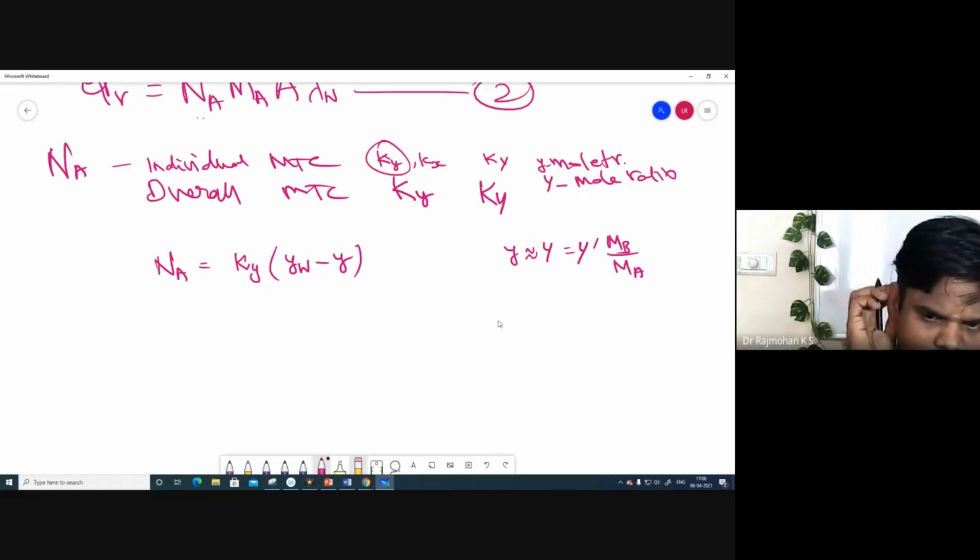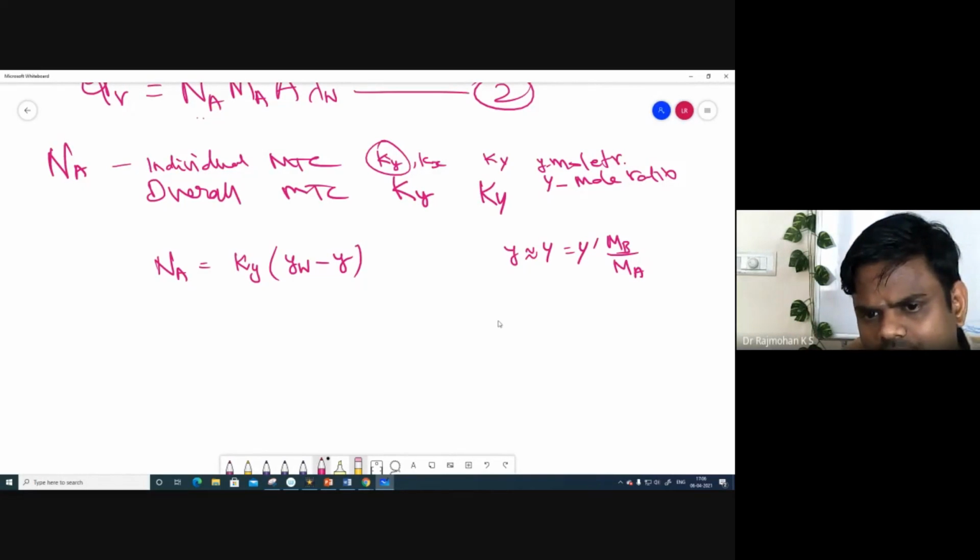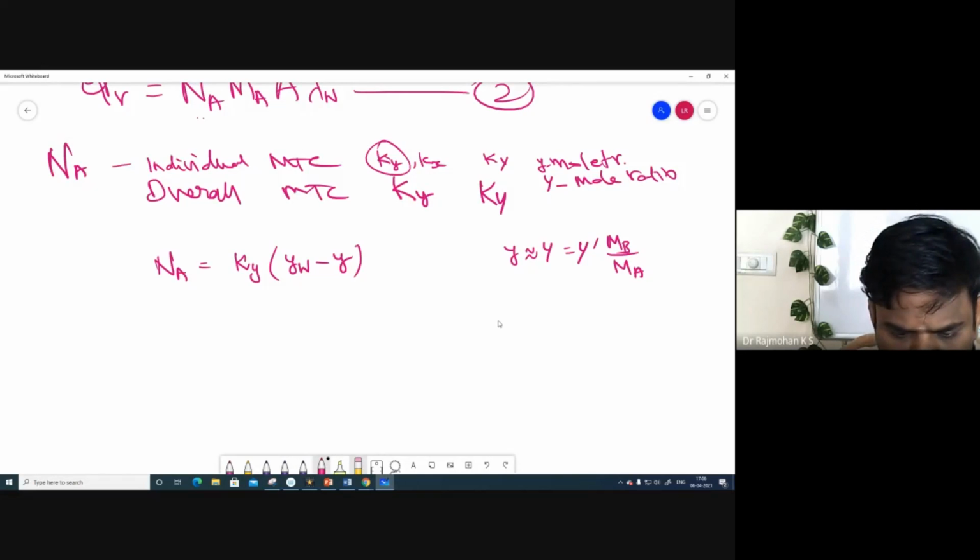That is, one is in terms of moles, another one is in terms of mole ratio. Now, this is the expression for Na. In that case we can write Na is equal to Ky into mb by ma, into the mole fractions. The Ky is the same, but for this we have to multiply by the molecular weight. So the molecular weight is taken down, then we can write in terms of mole ratios,